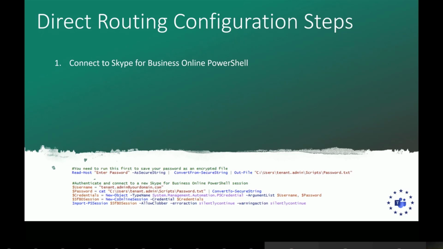So if you run this, or actually save it as a PS1 file, open it in ISE or whatever your tool of choice is, then you can just press the play button to rerun this. Once you've saved the password, however, you can comment out that Read-Host line, and then all you need to do is play the bottom half from authenticate and connect. And that'll just connect a new session, and then you can run your next command and carry on.